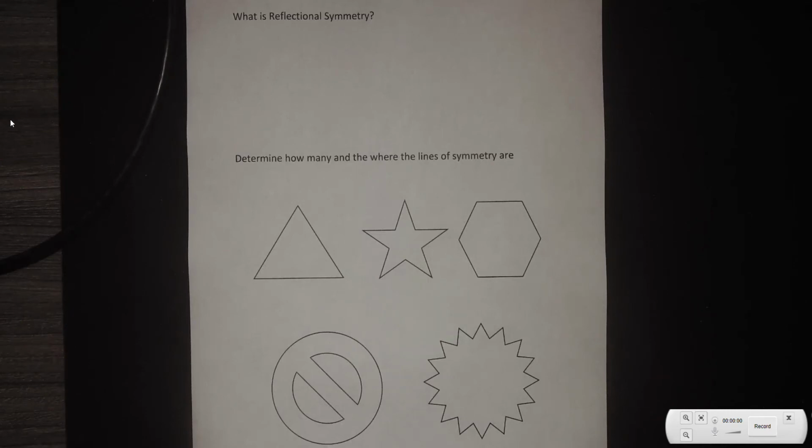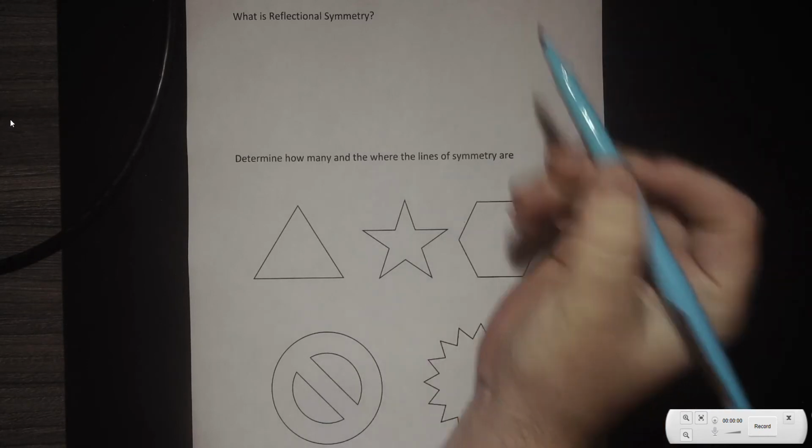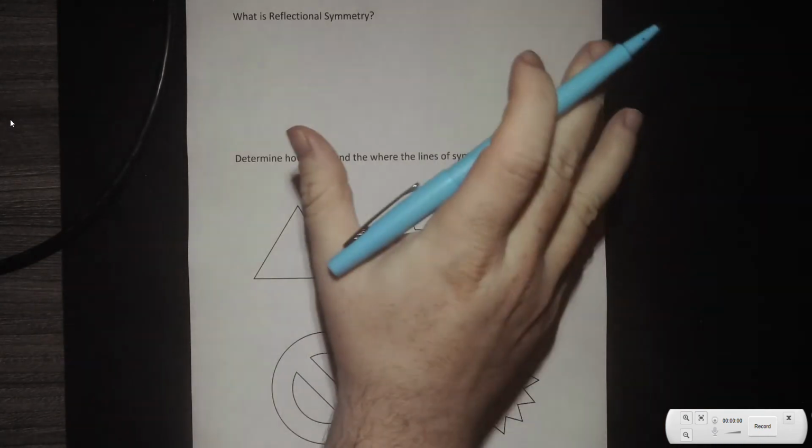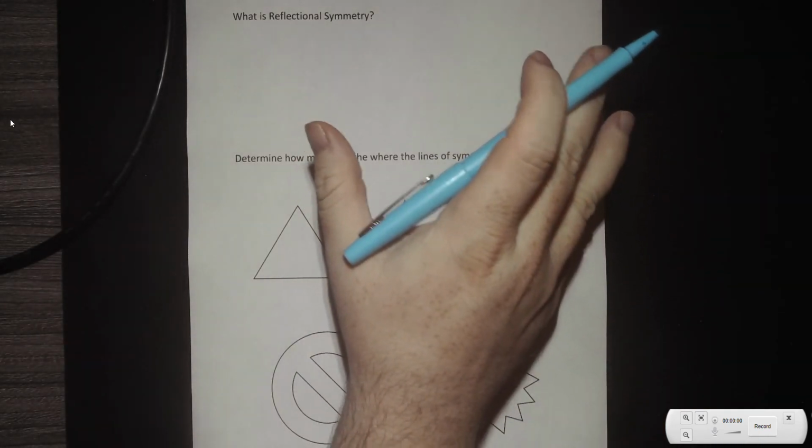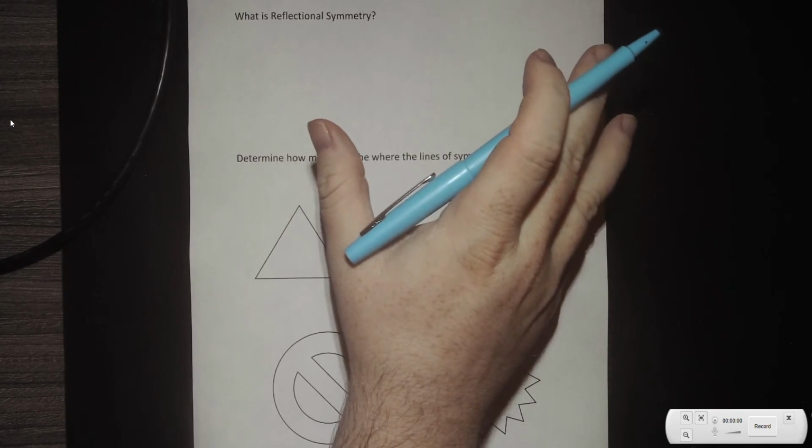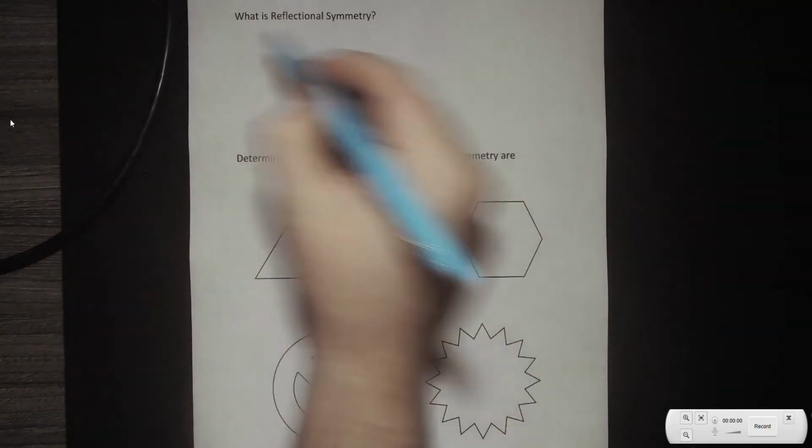So now we're going to talk about reflectional symmetry and translations. Reflectional symmetry is basically just like the symmetry that you would see in art. So reflectional symmetry basically says if